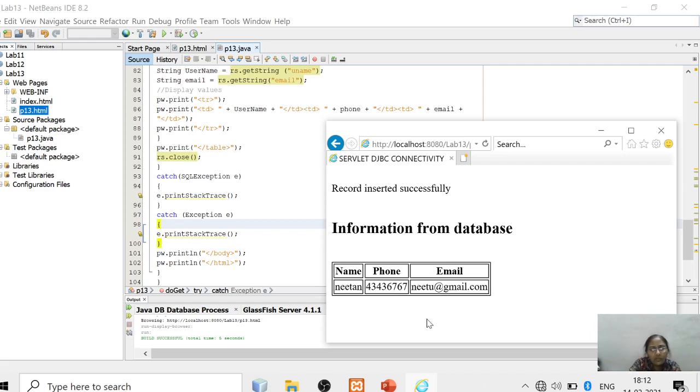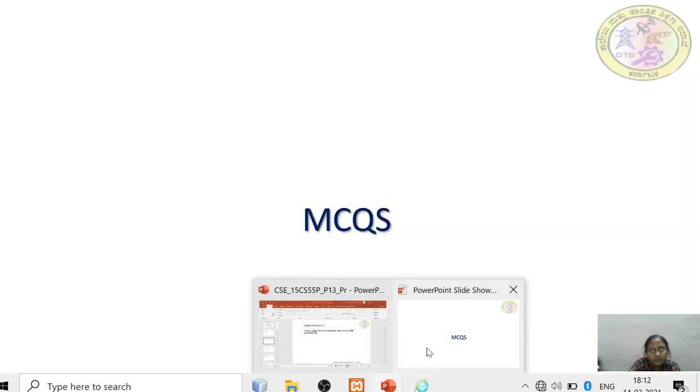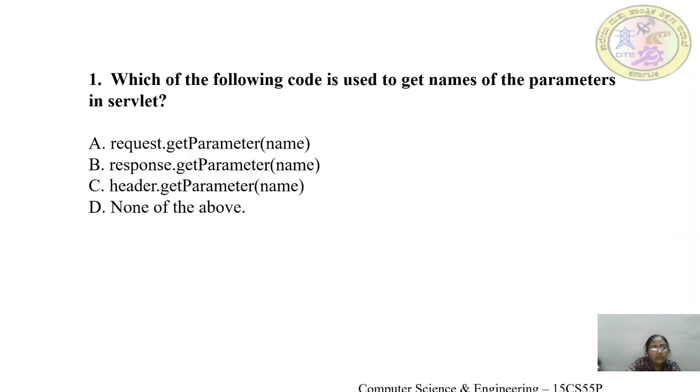Now let us go to multiple choice questions. First question is, which of the following code is used to get names of the parameters in servlet? First one, request.getParameter(name). Second one, response.getParameter(name).